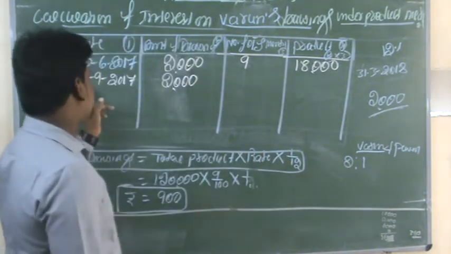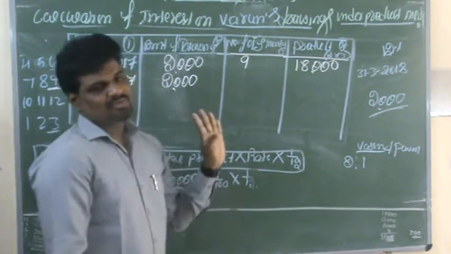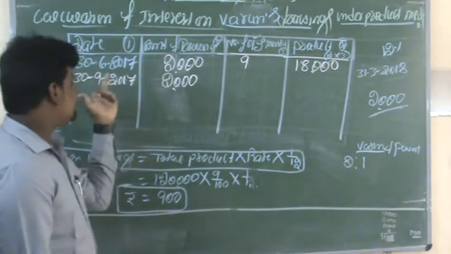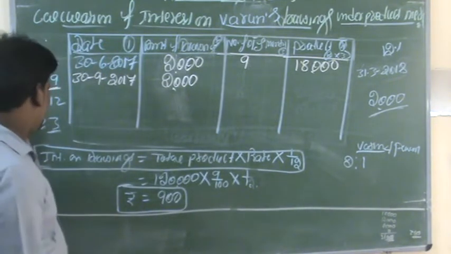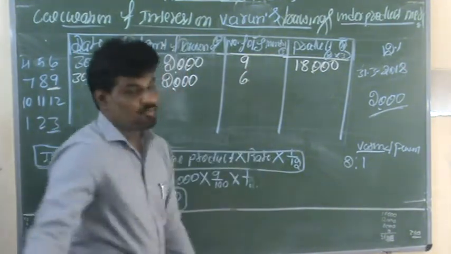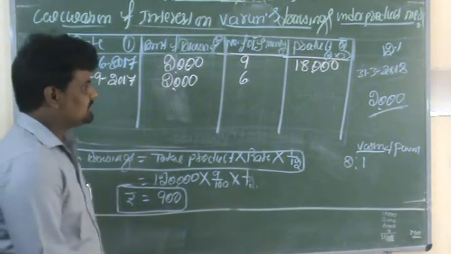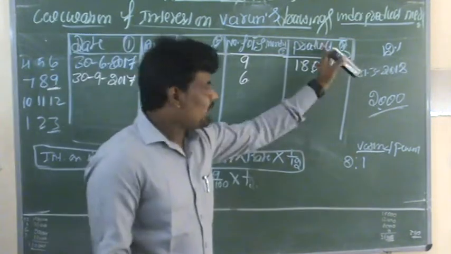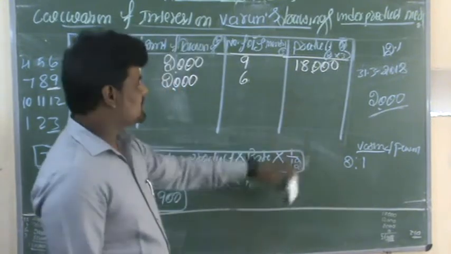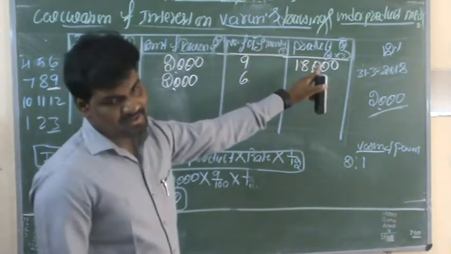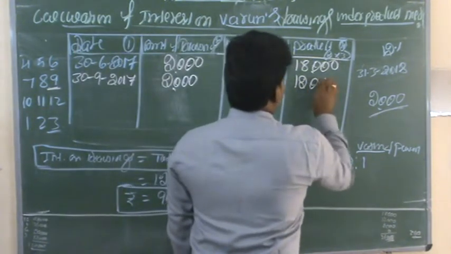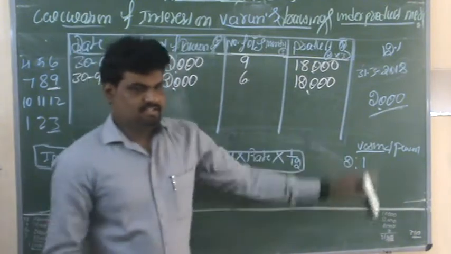From the date of withdrawal, this was 30th September, by the end of the month, right? No need to charge interest for this month. So after the next month it begins: 10, 11, 12, 1, 2, 3. There are 6 months. This is the outstanding period. Finally, we need to ascertain the product. By using the second column and third column, multiply 2000 into 6. 12,000 rupees.